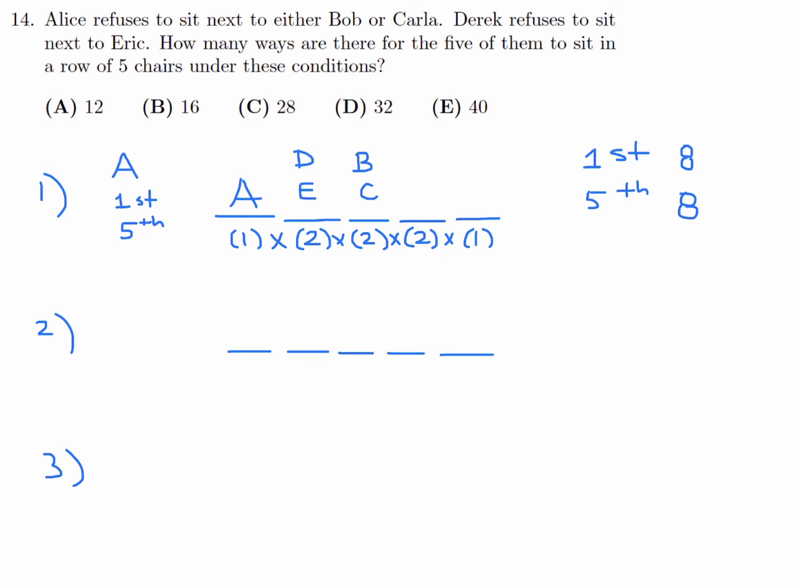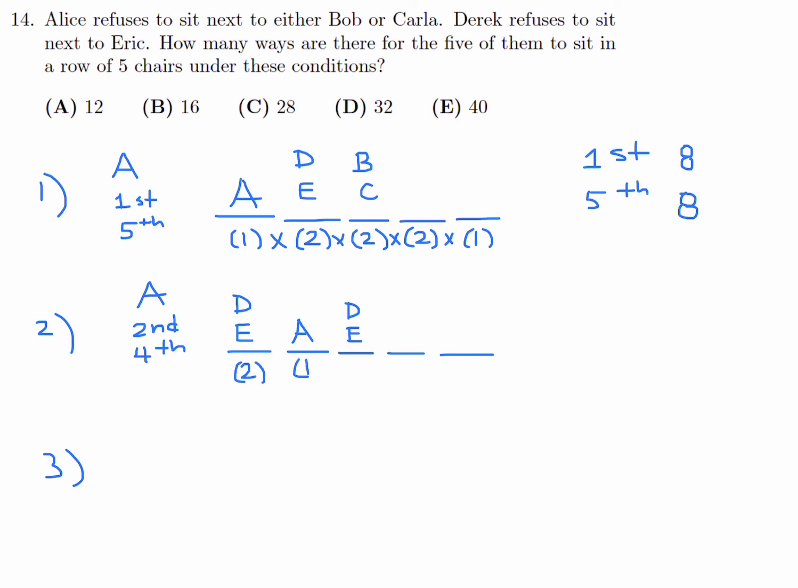Then we look at when Alice is either in the second or in the fourth position. So either she's here or she's there. Okay, so let's see what happens when she's in the second spot. In the first position can be only D or E, Derek or Eric, because she can't be next to Bob or Carla. In the third, also either D or E. So I got two